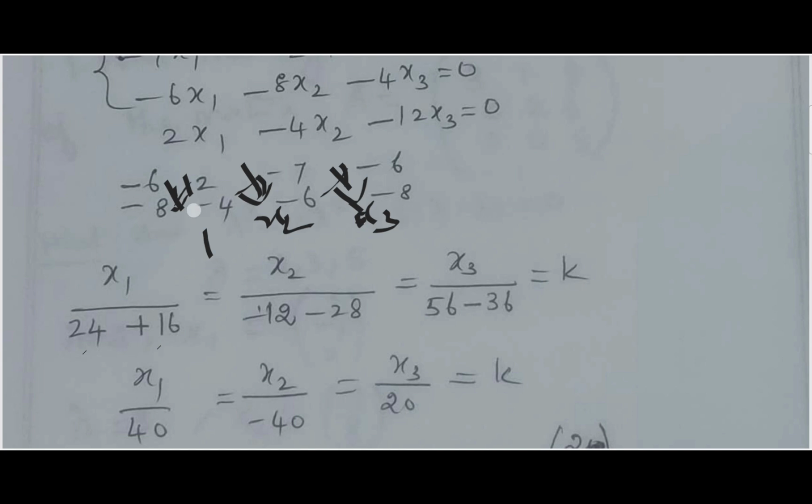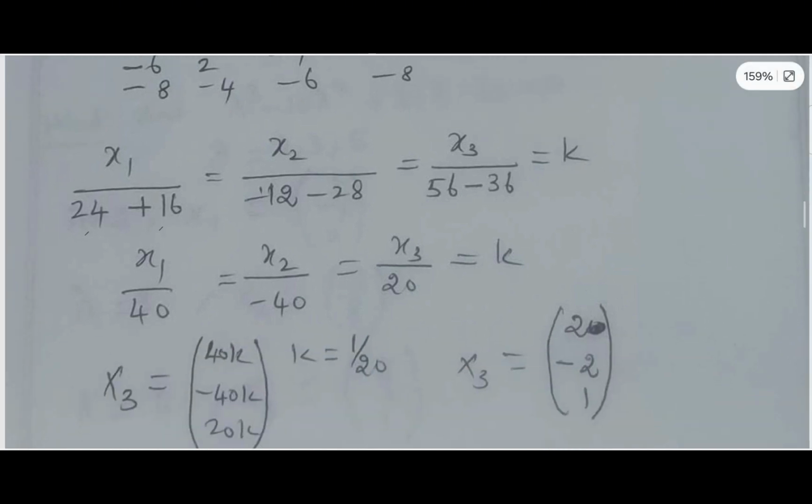Then you have x2 divided by minus 12, then minus of minus 4 into minus 7, already to become plus, so it is minus 28. Then minus 7 into minus 8 is plus 56, then this is minus already, but by minor you will get another minus 36. So values are x1 divided by 40, x2 divided by minus 40 and x3 divided by 20, which is equal